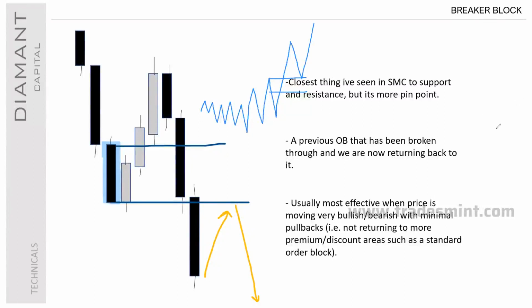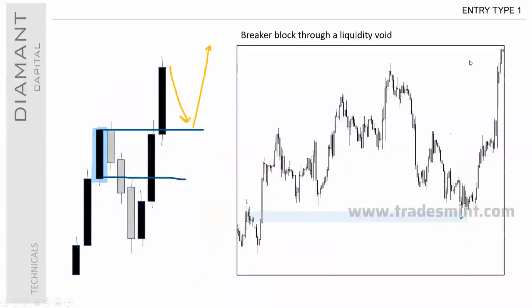Now, moving on to entry type 1. First one is a breaker block through a liquidity void. So what do I mean by that? We're going to get more into liquidity voids, but to explain it simply, it's a place where there's unbalanced